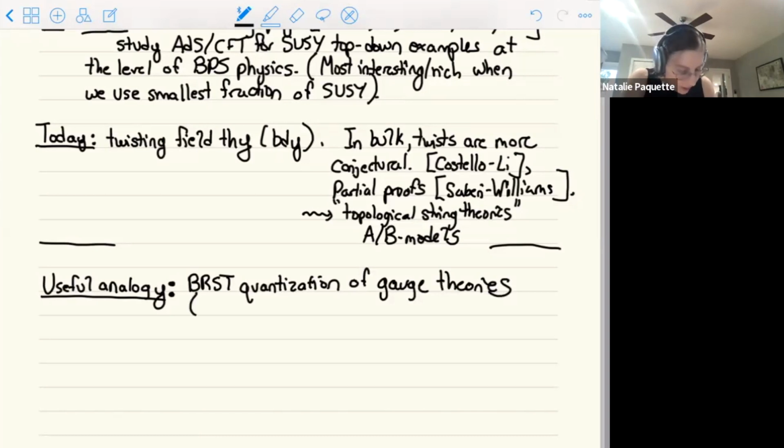More generally, you can work with an extension of this called the BV-BRST formalism. That's useful not only in gauge theories, but also is essential in studying things like string field theory, which has a lot of interest lately, and so on. Working with this kind of big BV-BRST type structure